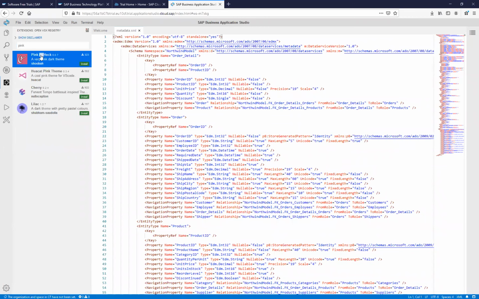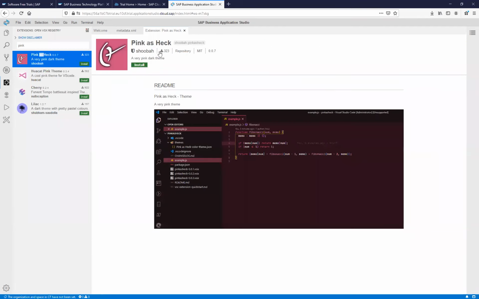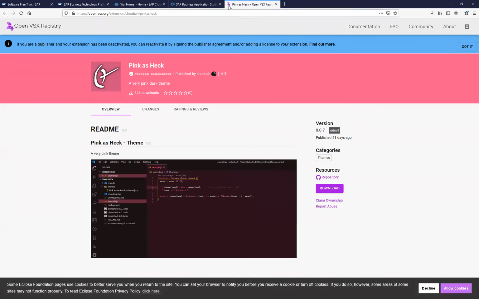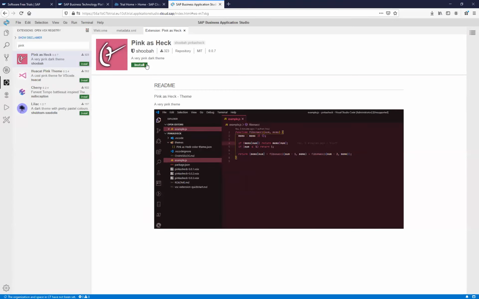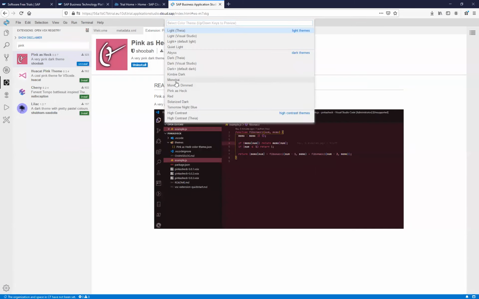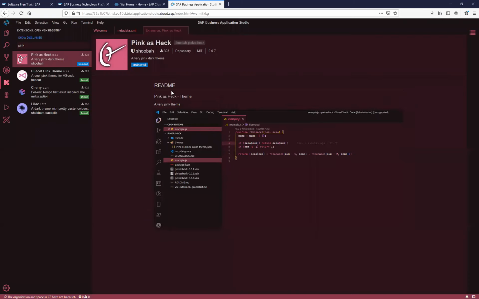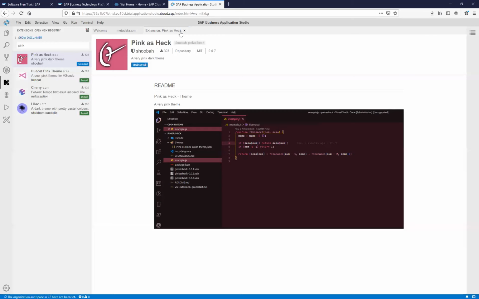So I can look at what the extension is all about. I can actually go to the OpenVSX site and see it there as well. I can install the extension directly from the Business Application Studio. And let's, as an example, remember the 2 Monokai in red. Now I have also the Pink as Heck, and here it is. So this is just one very simple example of the extensibility of Business Application Studio. But other tools are also available. So let's uninstall it